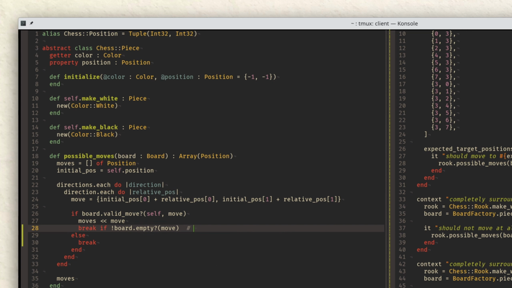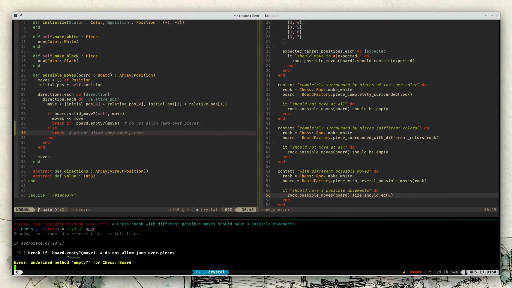Let me put a comment here just to clarify things. If we reach a position that is not empty, that means that there is a piece in there, so we have to break in order to not jump over that piece. Let's run the tests,